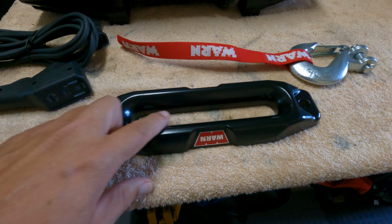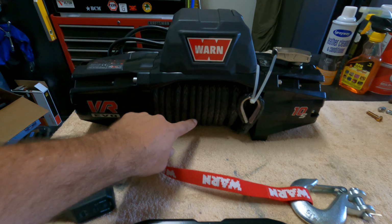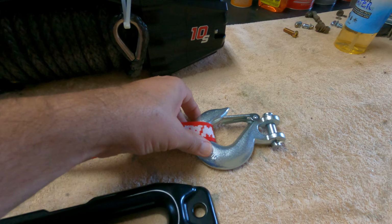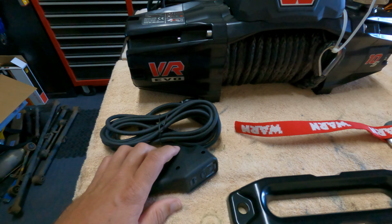And this is the style for synthetic line, not the big roller ones. You don't want to use the roller ones if you're using synthetic line here. So that's a nice fair lead, like that, aluminum. Comes with a hook. I probably won't use this hook. I'll use a kind of a closed winching system. And then